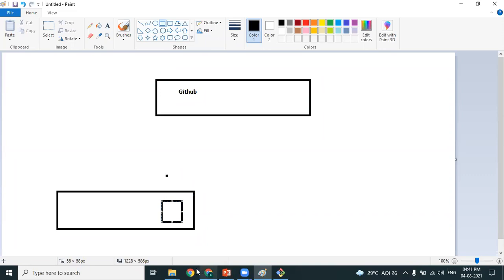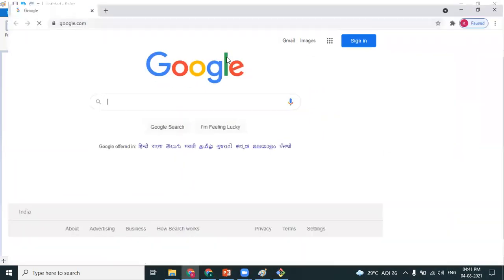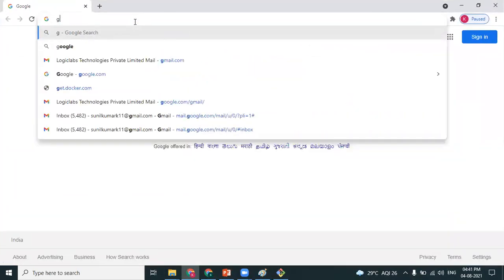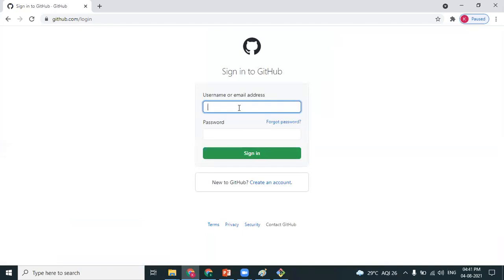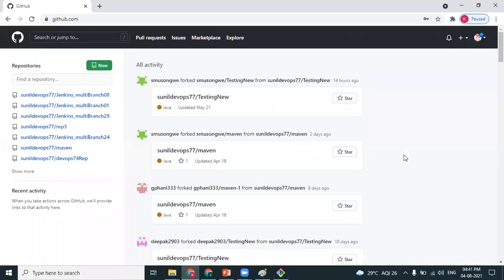Let's first create the remote repository. If you have not created a GitHub account, please go ahead and create one. I already have a GitHub account. I create a repository.